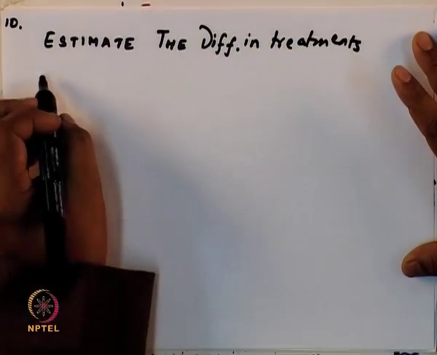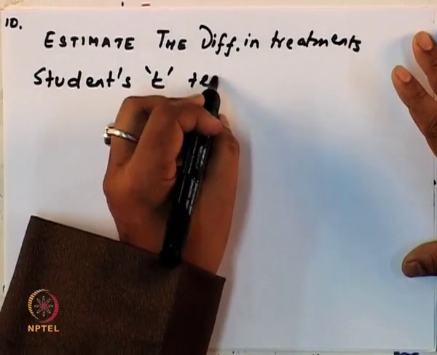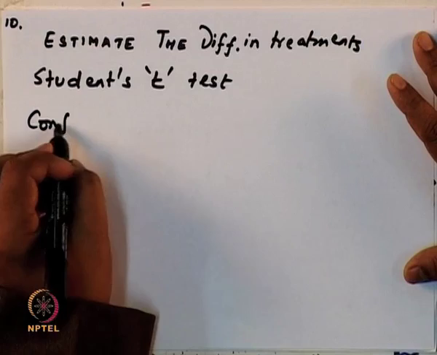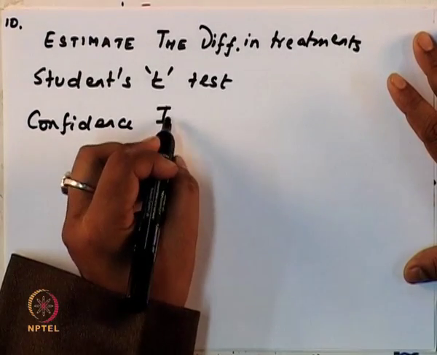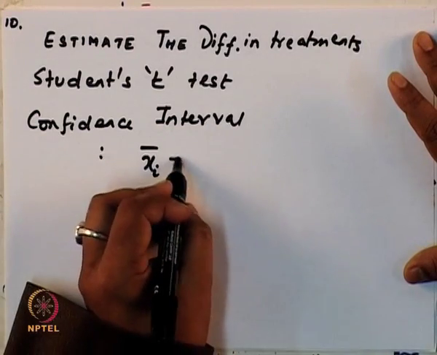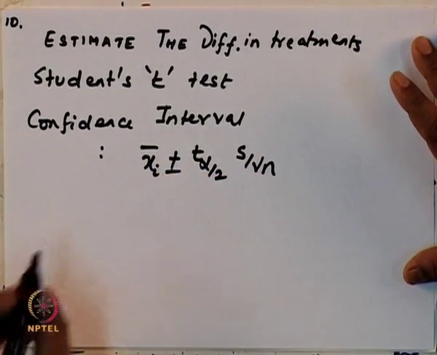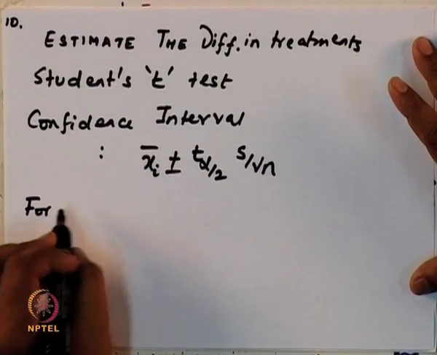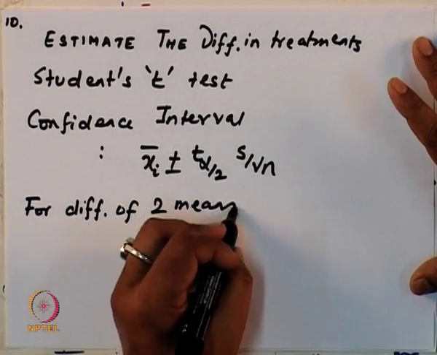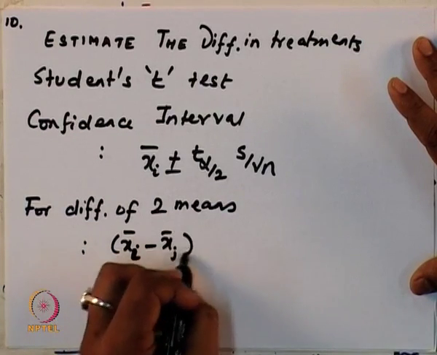So, for this you can use the student's t test, where your confidence interval is given by x bar plus minus t of alpha by 2 times s by root of n. And for the difference of two means, it becomes,